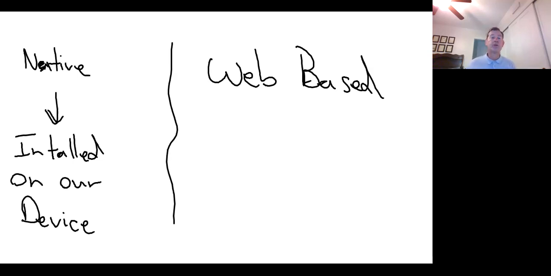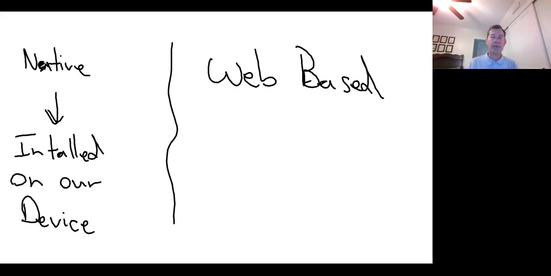What's the drawback? The drawback is that a full-featured application software like Word takes up a lot of computer resources: memory, hard drive space, or storage space, processing power, etc. So for tablets and phones that don't have a lot of processing power and or don't have a lot of storage space and RAM,